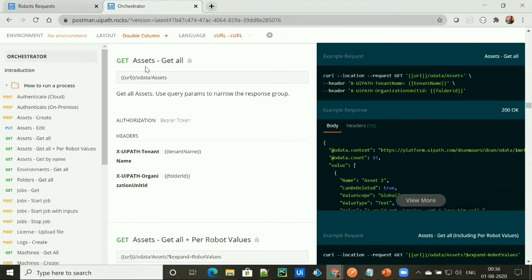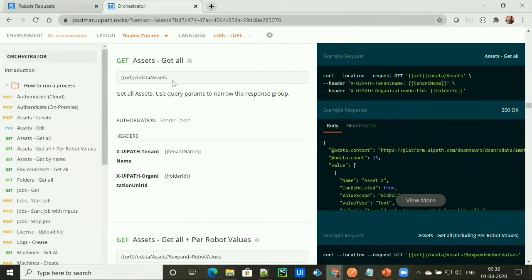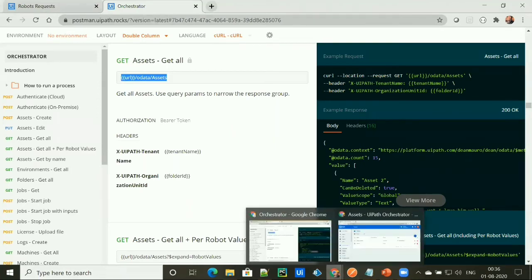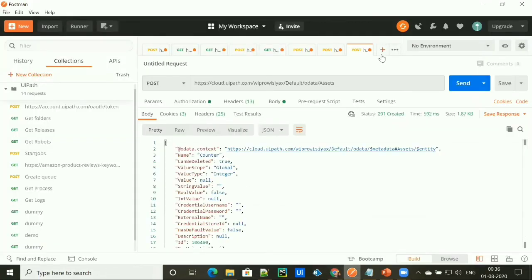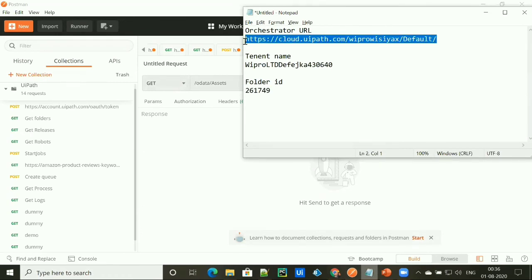With the help of this request API, which is asset get all, which is of type GET, we can get all the assets that are available on your orchestrator. It takes the bearer token as authorization, and under the header section, it takes a tenant name and the folder ID. That's it. So let's go ahead and test this API in Postman and get all the assets available under our orchestrator. As usual, replace the URL with your own orchestrator URL.